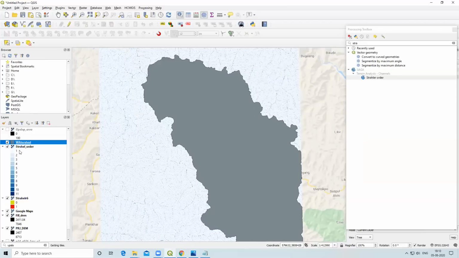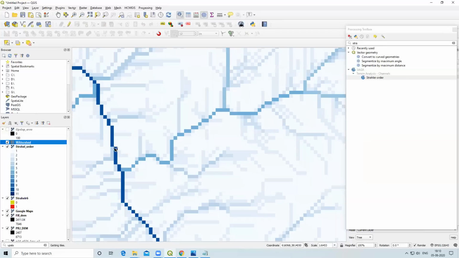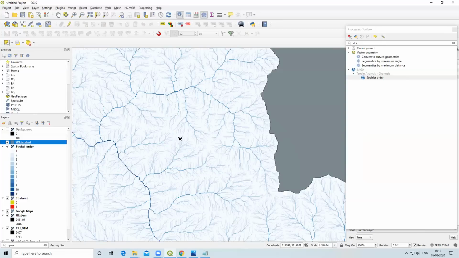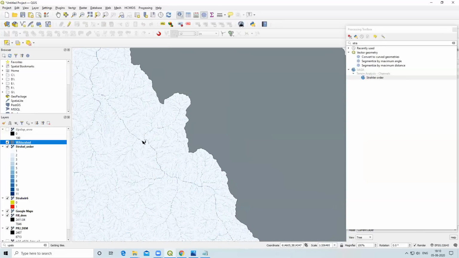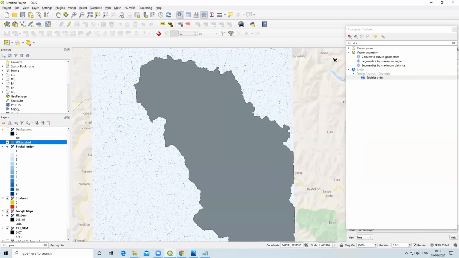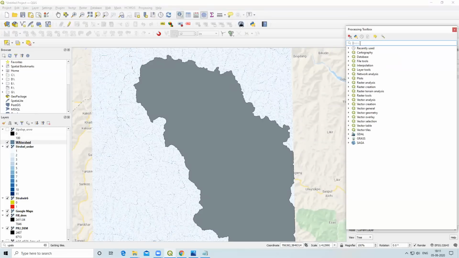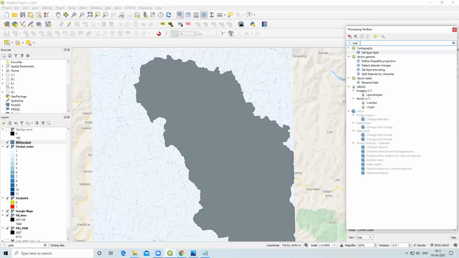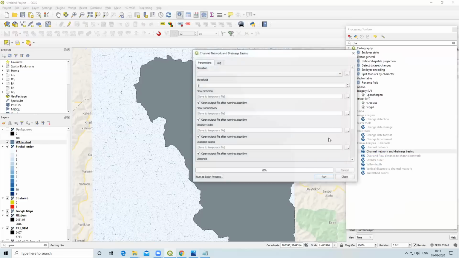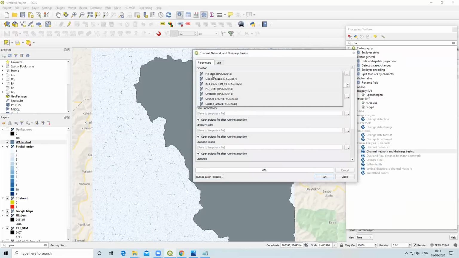this is also in raster format. So now if you see, this is pixel, it's also in raster format. So we have to convert this raster into vector format. To convert this raster into vector format, channel, network and drainage basin. In channel, network and drainage basin, what we are going to do, we will create here this raster format into